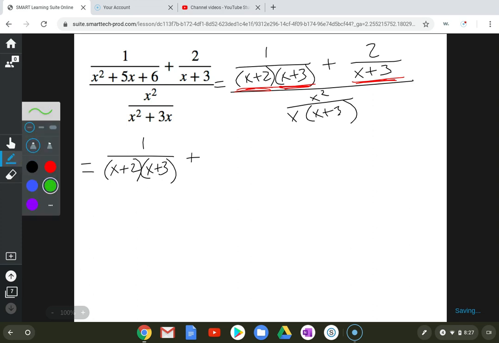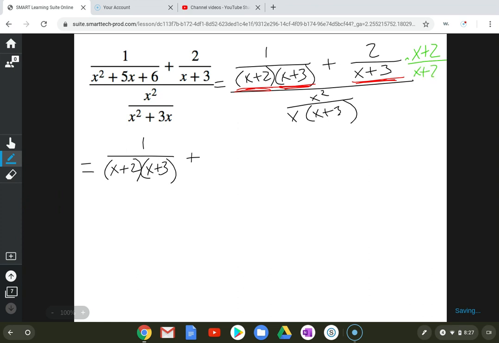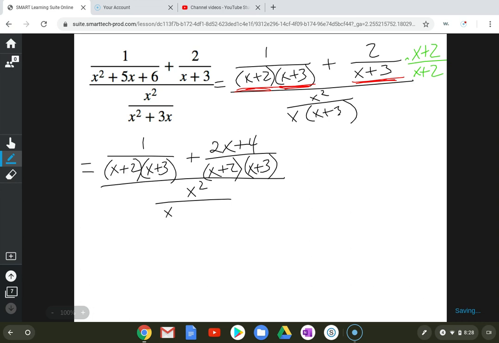This term has to be multiplied top and bottom by x plus 2. So what I end up with for my second term here is 2x plus 4 over my LCD. Then the denominator just comes along. And now if I combine like terms, I get 2x plus 5 over my LCD